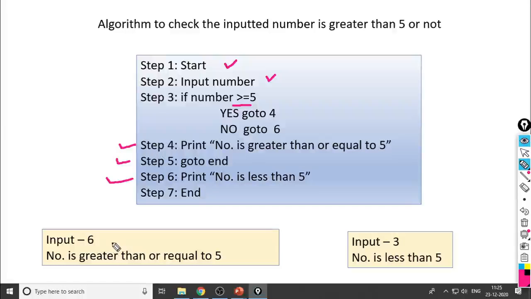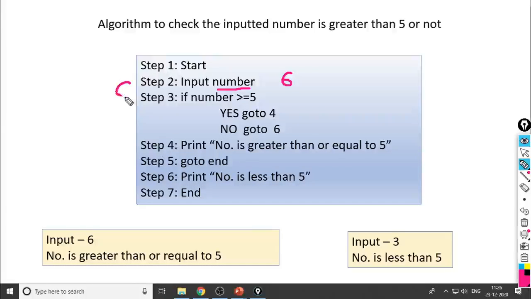Here let us consider one example. Suppose the user enters the value 6. So how will it get executed? Look here: start, input number. The input number is 6, so it will be stored in the variable number.